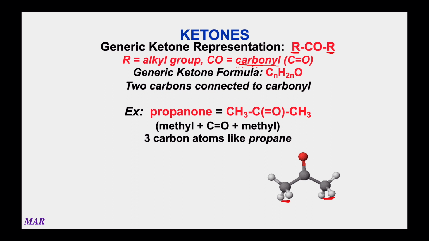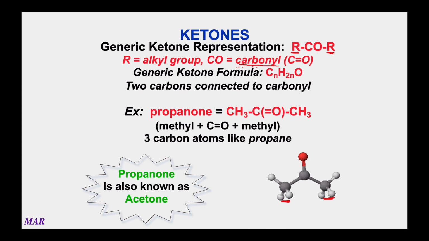You have 1, 2, 3 carbons, which would be propane if it was an alkane, but it's not a propane. You take off the E and you add ONE to it, making it propanone. So propanone is a ketone. It has a C double bond O carbonyl in the middle of it, but we call it propanone because 3 carbons would be like propane. But again, you have to have alkyl groups on both sides of the carbonyl to be a ketone. Now, propanone is not a name that's probably familiar to you, and I totally understand. However, propanone has a much more common name, which is acetone.